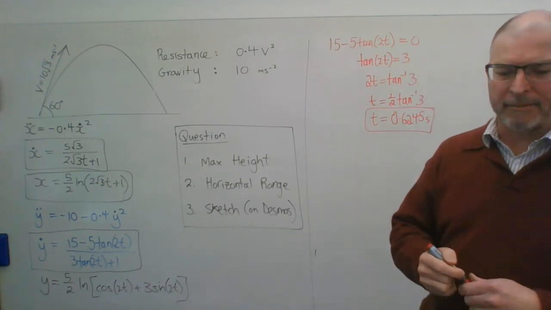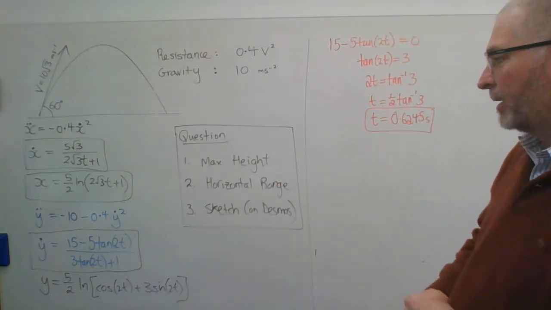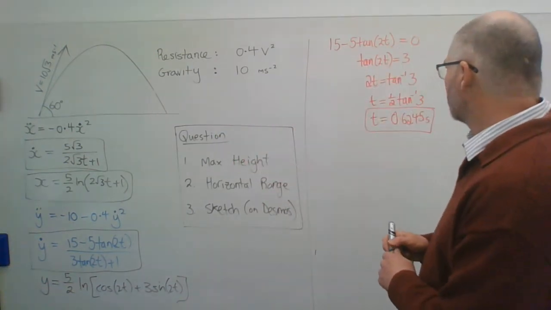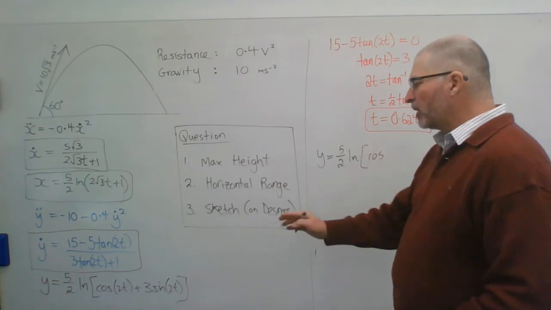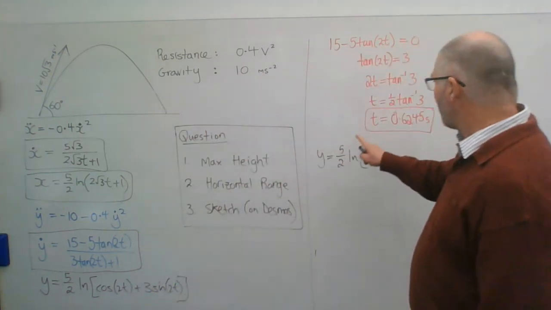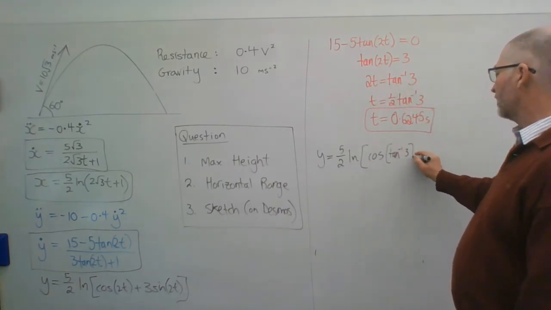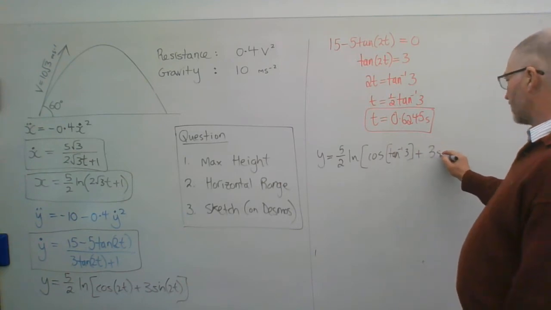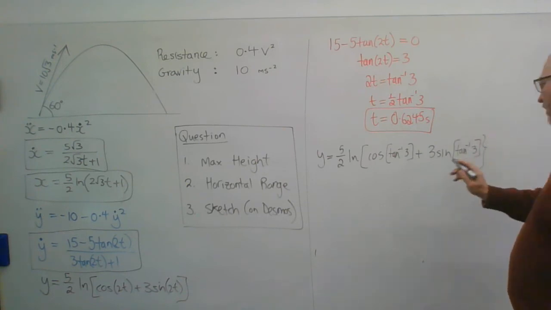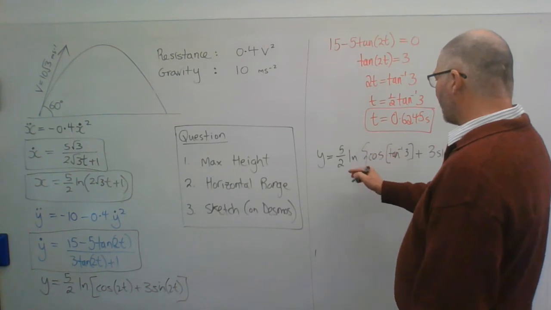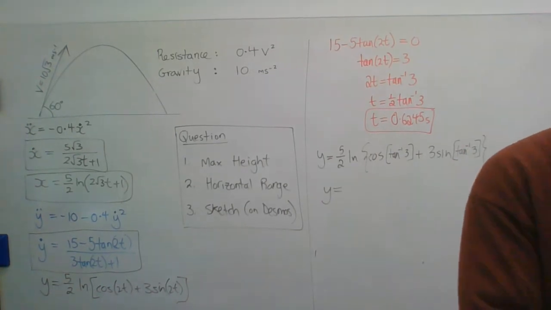That's the time where we get the maximum height. So now we need to put that in to get the actual maximum height. We need to pop that into here. So y equals 5 on 2 natural log of cos. Now, because it says cos of 2t, I'm just going to go back where I had 2t, and that's cos of inverse tan of 3 plus 3 sine of inverse tan of 3. Right, so the natural log of that times 5 on 2,